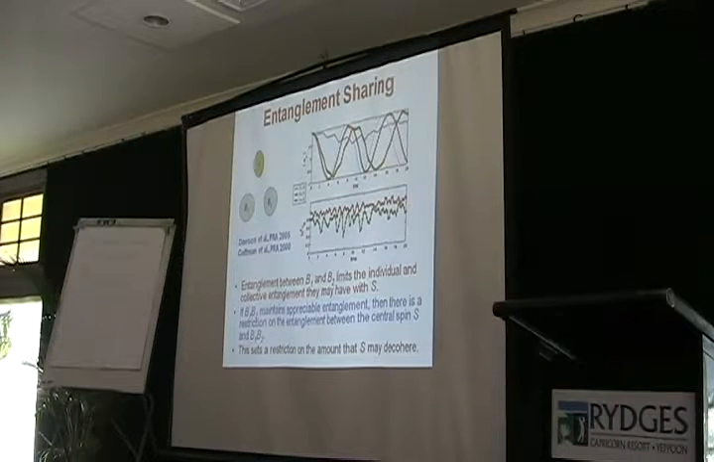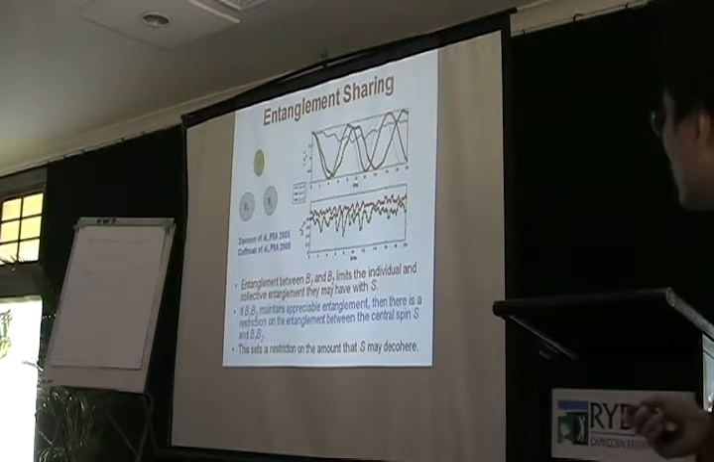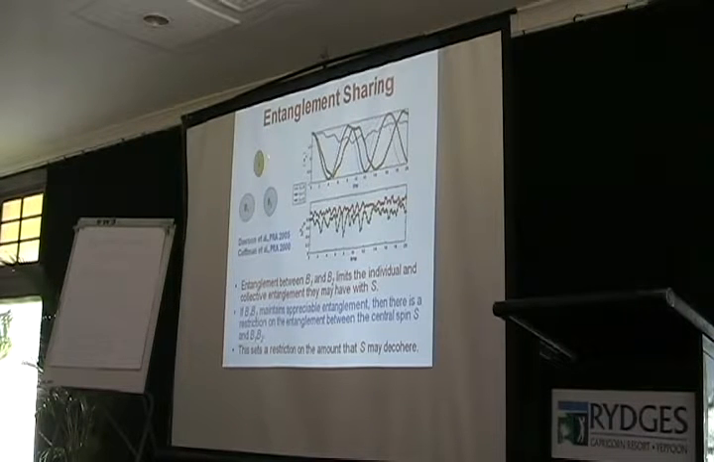And here is entanglement sharing. So entanglement has something to do with decoherence too. For example, if I have three subsystems S, B1, and B2, and there is some interaction between them, and if B1 and B2 are strongly entangled,